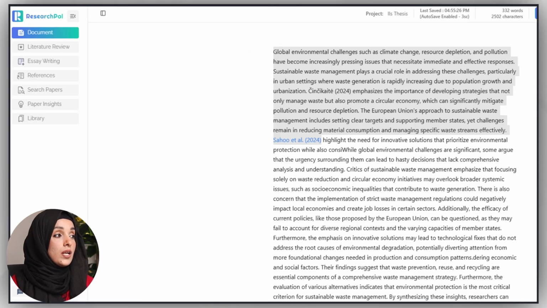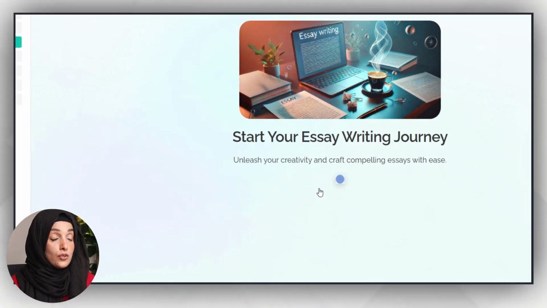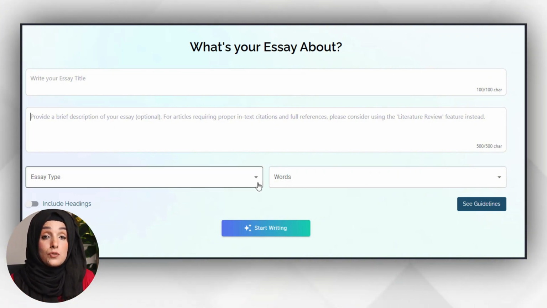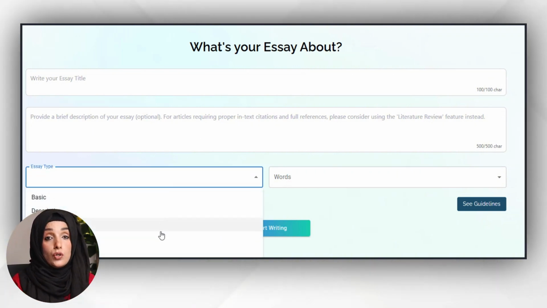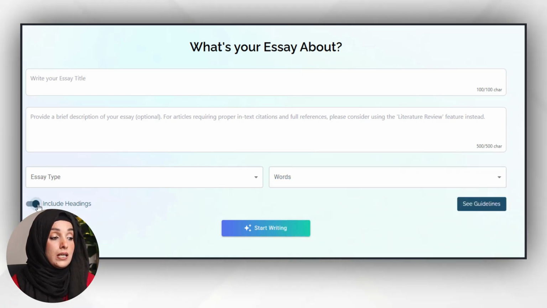ResearchBall has also introduced its essay writing feature, where you can feed this tool your title and the description which we provide to Gemini AI about the research problem, research gap, aims and objectives, and methodology you are going to adopt in your study. After that, you can feed this tool the type of essay you want to write and the number of words, but this is limited to 2,500 words, and I didn't like this approach of writing a document on a single click with the help of an AI tool.